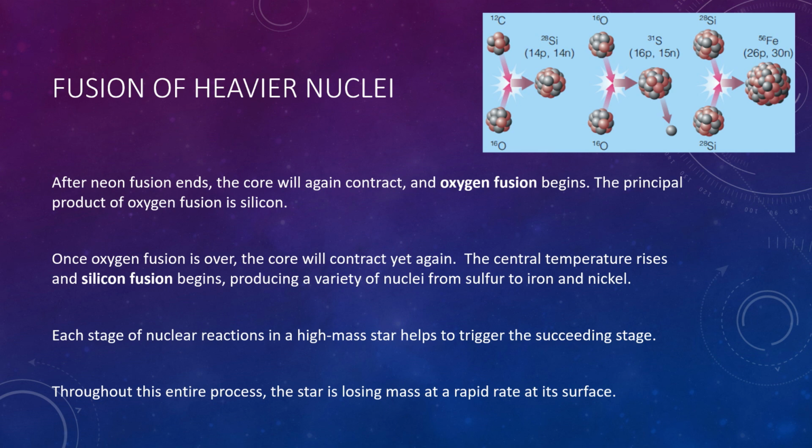After neon fusion ends, the core will again contract, and oxygen fusion will begin. The principal product of oxygen fusion is silicon. Once oxygen fusion is over, the core will contract yet again. With this contraction, the central temperature rises and silicon fusion begins, producing a variety of nuclei from sulfur to iron